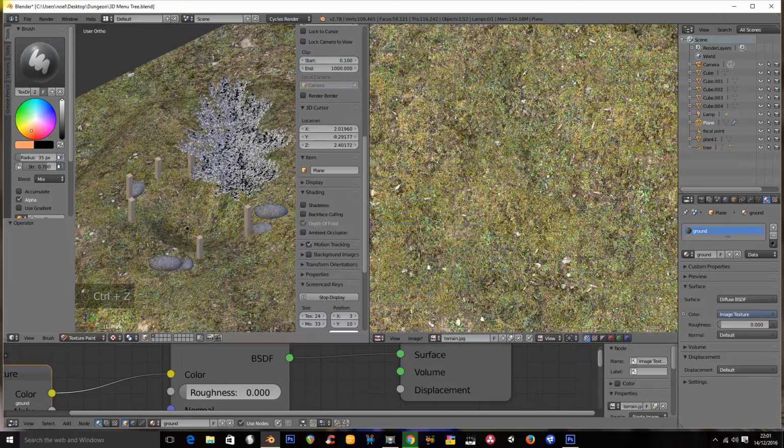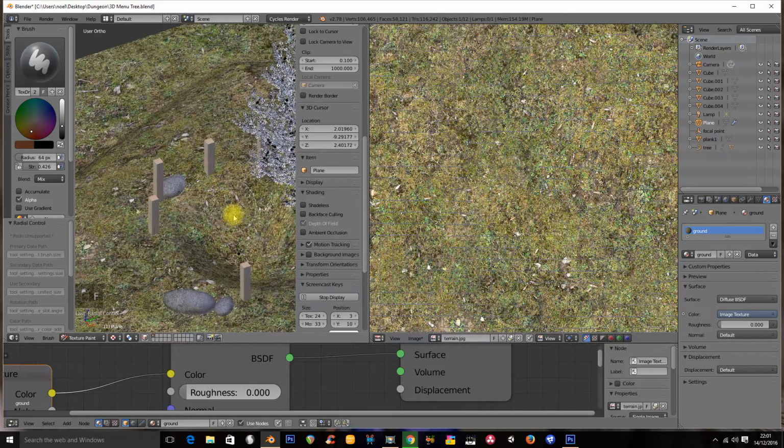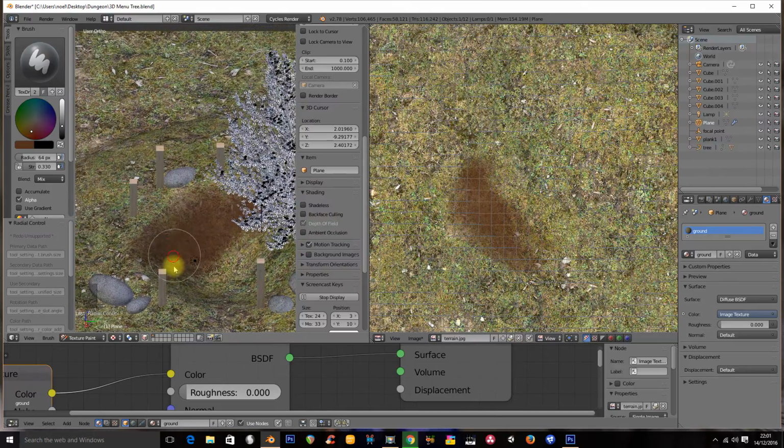So I'm going to make a dark color here, and not too strong. I want to make this sort of more like mud on the inside of the hole,